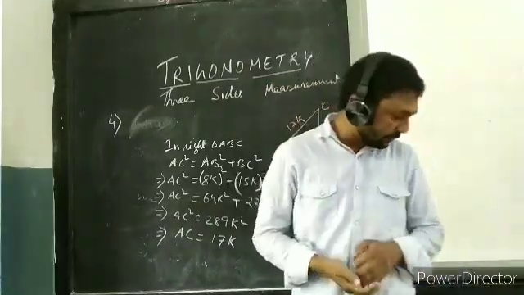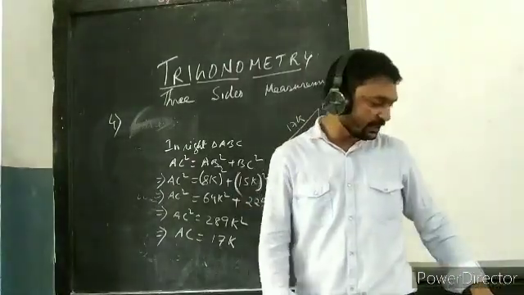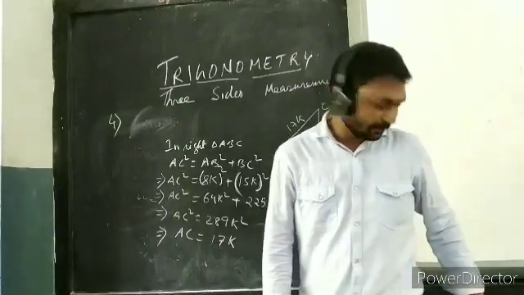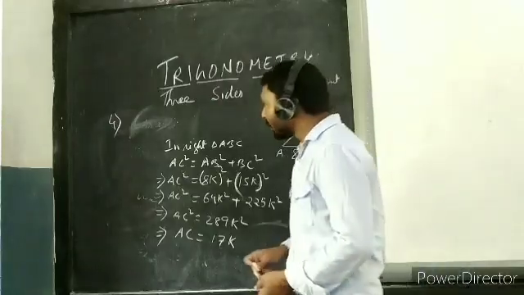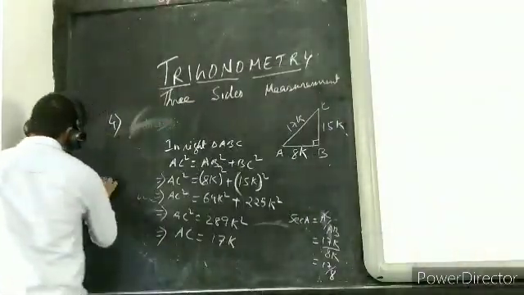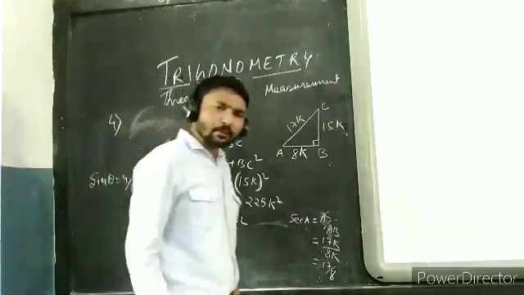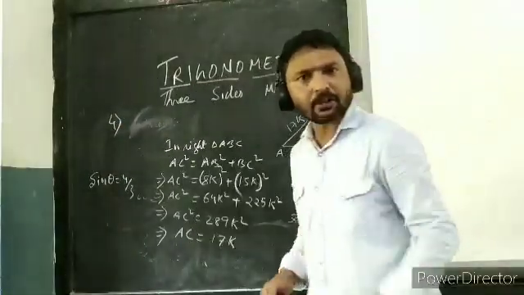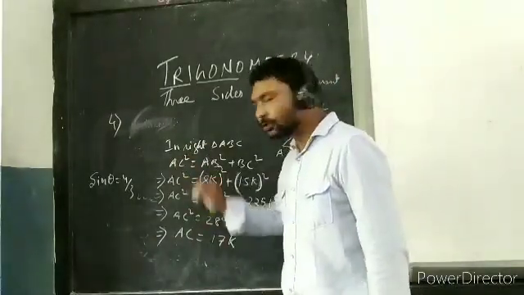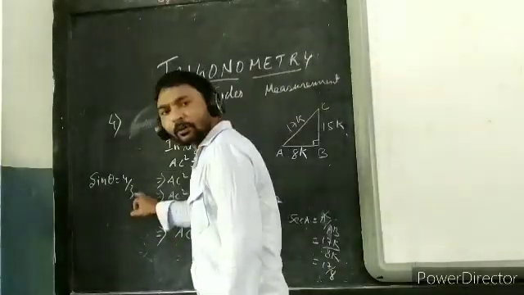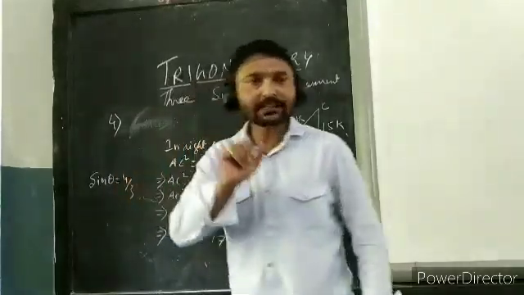Now a simple example I am giving you here. Sin theta, check the fifth part. Sin theta is given as 4 by 3. Question number 11, fifth part. Now sin theta is 4 by 3. Okay, I am writing here. Sin theta is equal to 4 by 3. But we know that sin theta is what? Perpendicular by hypotenuse. And the hypotenuse is the longest side. If the hypotenuse is the longest side, then the denominator will always be greater. Means this is false. Understood? Like this you have to find.